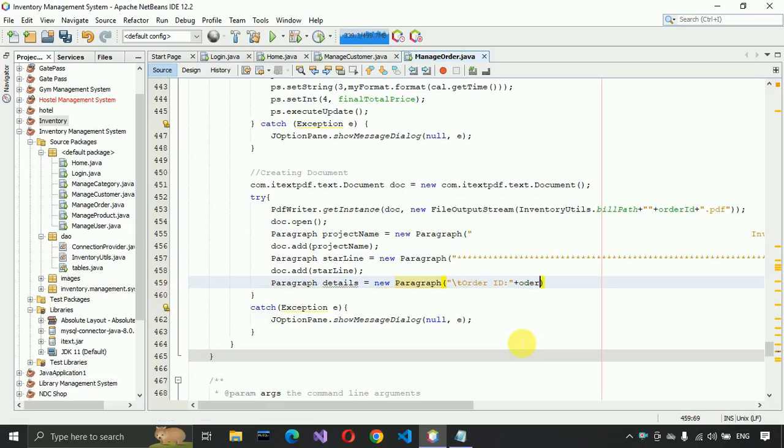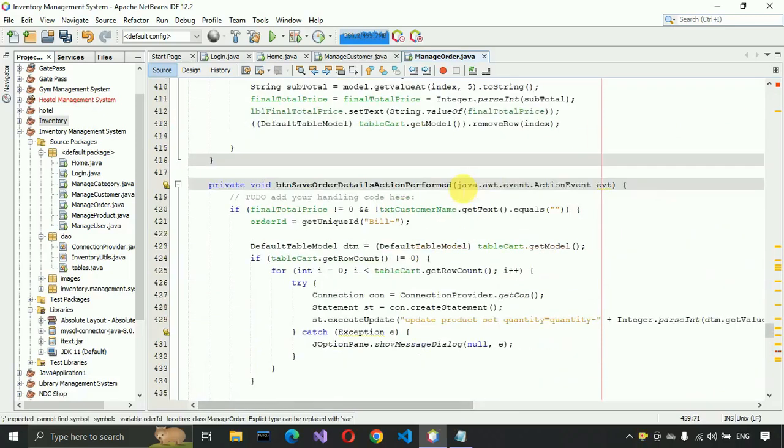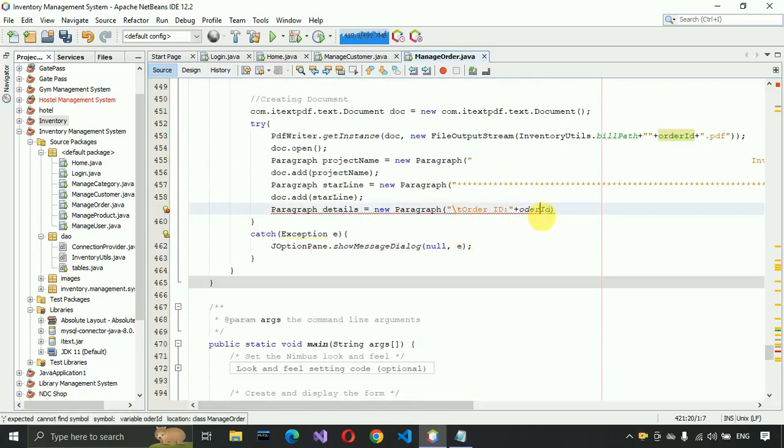So I'm just going to write here order ID. Okay, so we have, I think we have generated it. So this one we need to access actually, so here we need to pass like this. And after that put double quote /n, and then we have to just write date, and in this one we need to pass the new date, whatever the date of today, and then plus double quote /n, and total